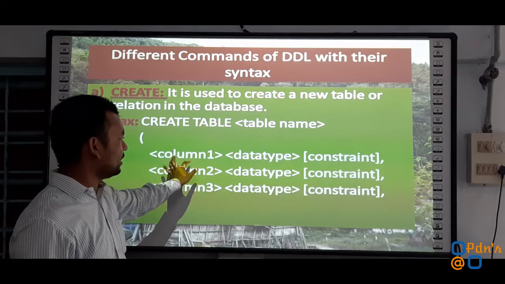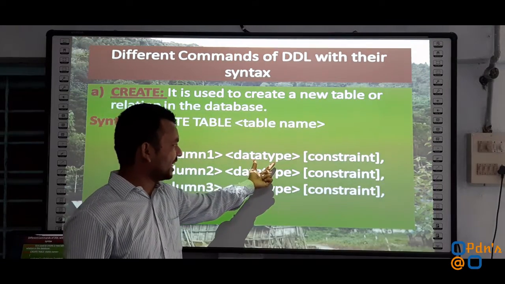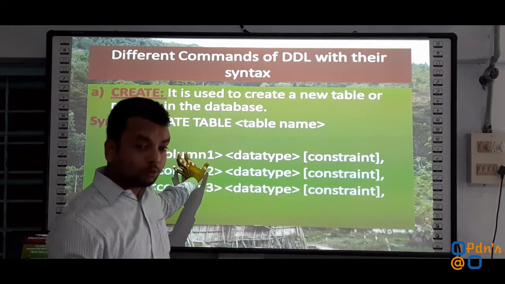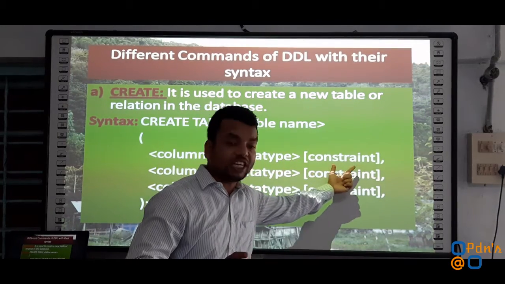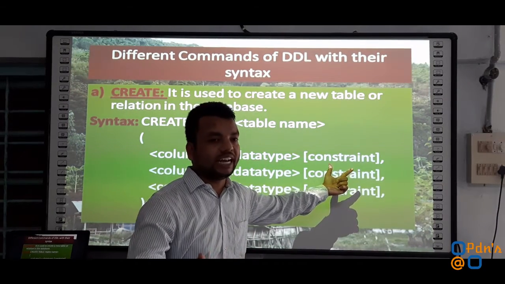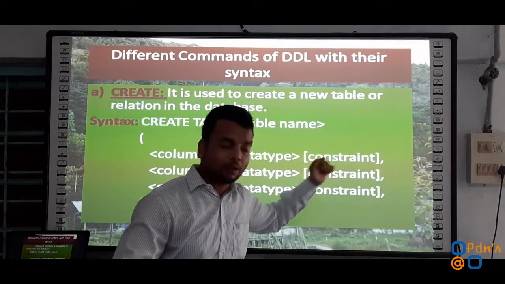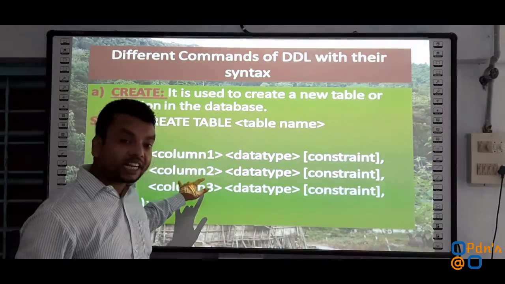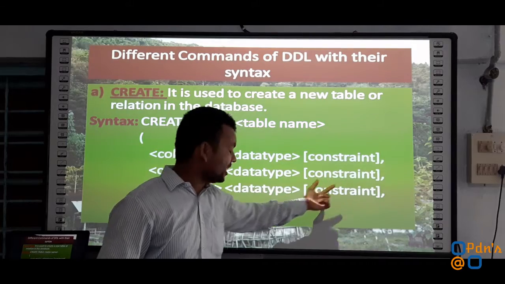Then column 1 is the name of the attribute, followed by its data type, and followed by constraint if any, say primary key, not null constraint, entity integrity constraint. All those constraints, if we would like to insert, will be inserted under this column. Again column 2, that is attribute 2, followed by its data type and then constraint.